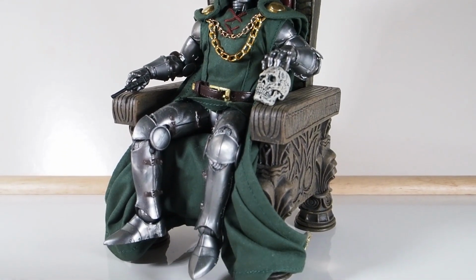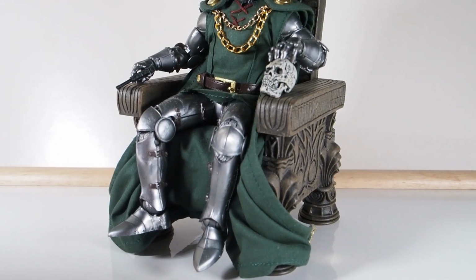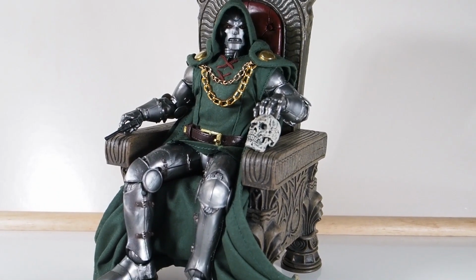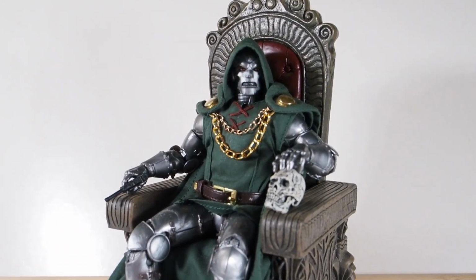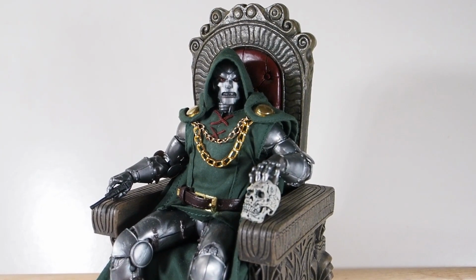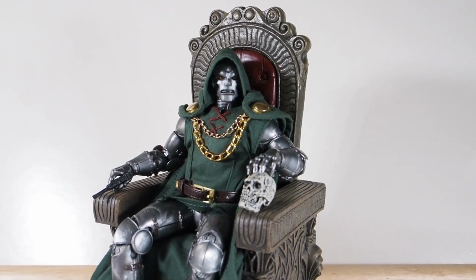Doom figure from Hasbro. Normally I would never put Dr. Doom in my top 10. The only reason he's in my top 10 is because of all the add-ons that I gave him. Gave him a cloth outfit now, and he also has a throne that he's sitting on, and that's what made him my top 10. The throne came from